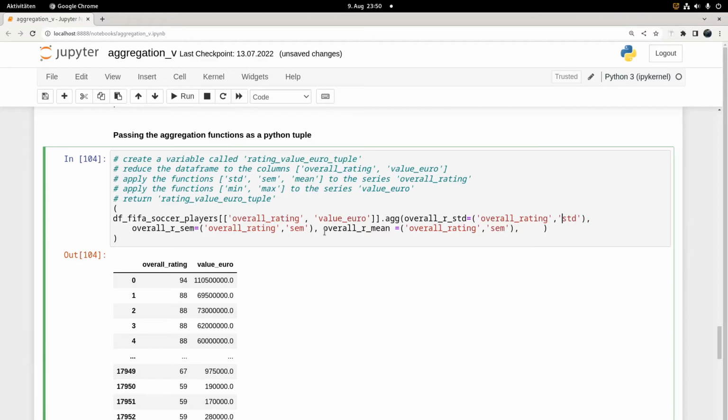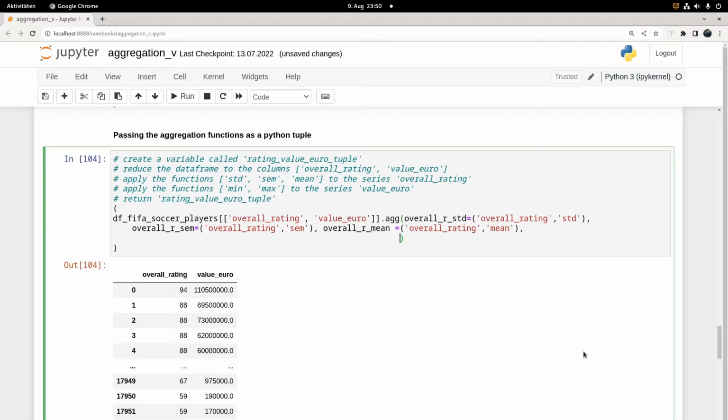Good. Okay, so we have overall rating mean, overall rating, and we will apply the function mean. Okay. And now let's add another line break to stay consistent, and so we have applied all three functions, standard deviation, sem, and mean, to overall rating, and